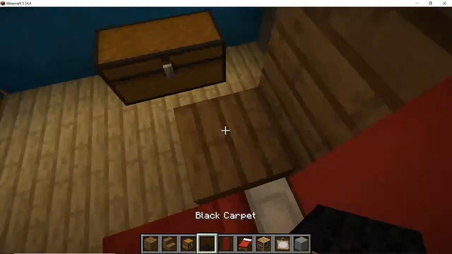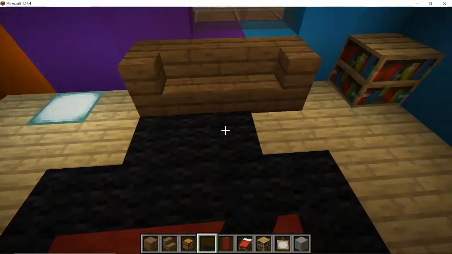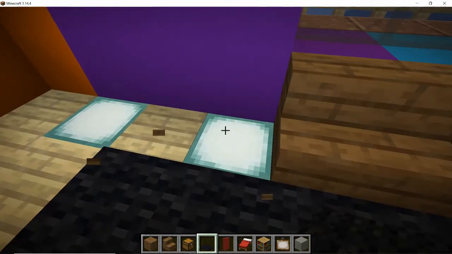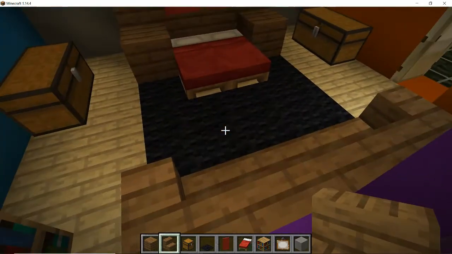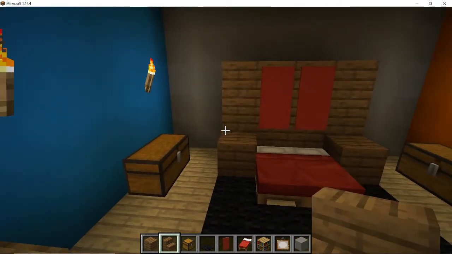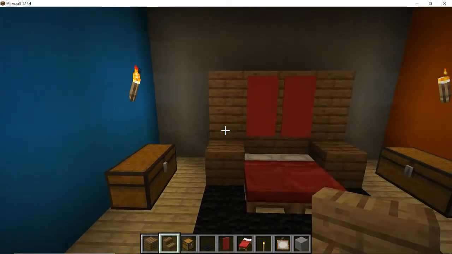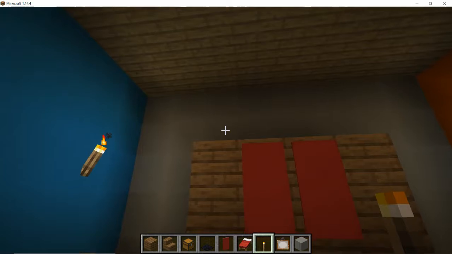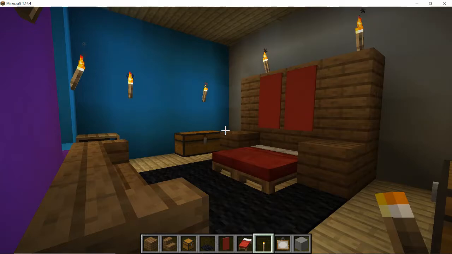And then I'm going to use the black carpet around the bed, so it's that idea of having space around the bed, and I'm going to join that to where we've got the seating area. And you know what, I think I'm going to extend that so that it's as long as the carpet, and I quite like that. Now we're going to want the torch again to make that a little bit brighter. I'm going to put the torch above here to make it look not quite so dark, because that was looking really dark,